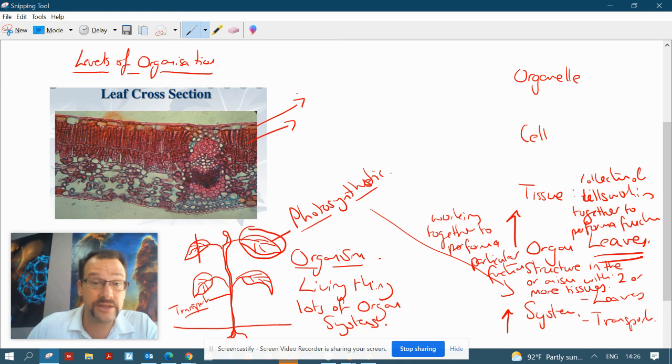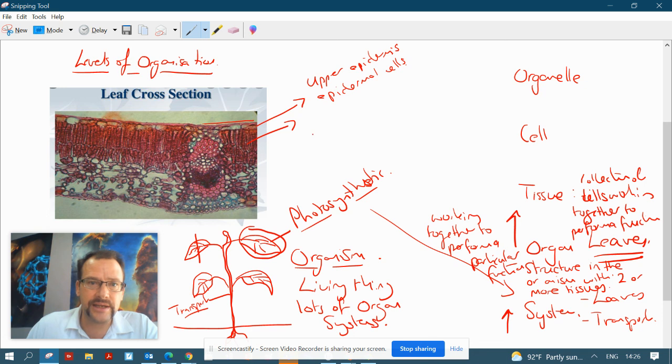So this tissue is made up of, it's called the upper epidermis. Now it's made of all the same kind of epidermal cells, right? Okay, so a good example of a tissue. All look the same, all doing the same function. They're actually all producing this layer on top called a waxy cuticle, which helps protect the leaf, but also lets